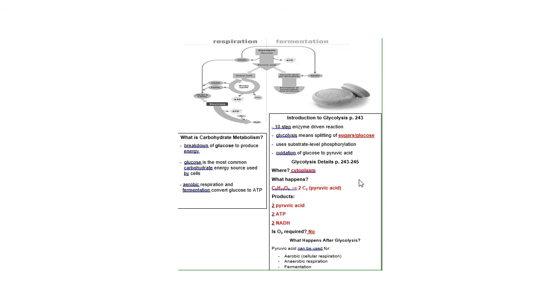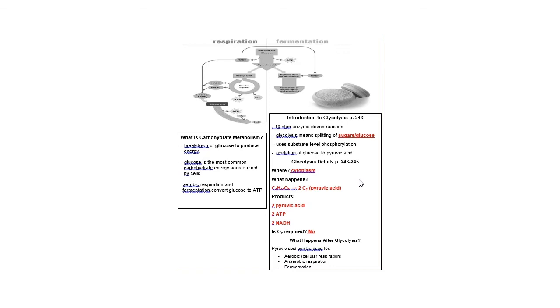For an example, if someone had 6 apples, which represent the carbons, and they divided those in half, each person would get 3 apples. In this case, we had glucose, which had 6 carbons. We divide them in half, so now each pyruvic acid, which has 3 carbons, is present. So what are the products? 2 pyruvic acids, each of which has 3 carbons, 2 ATP, which were created in those 10 steps, and 2